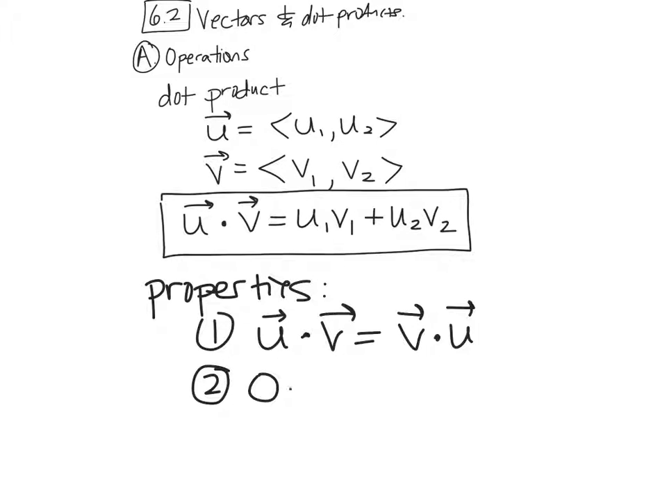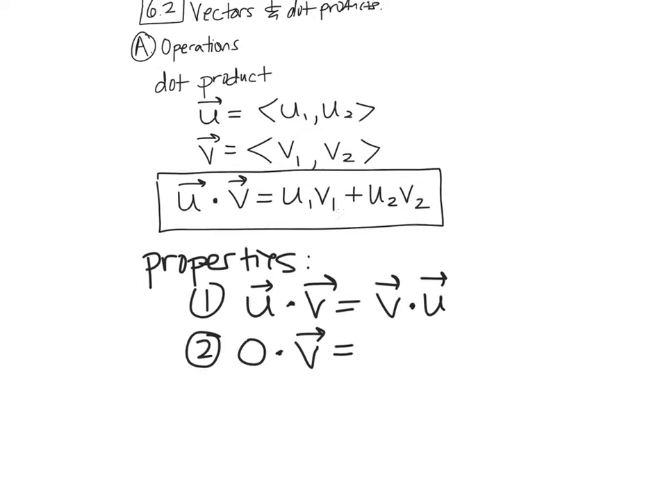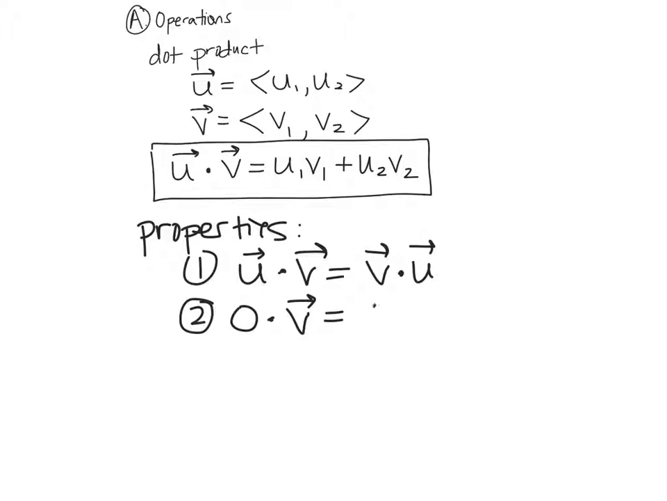Zero times any vector. What do you think that is? 0. 0. 0. So there's our 0 property. That works. Property number 3 says if you take a vector u